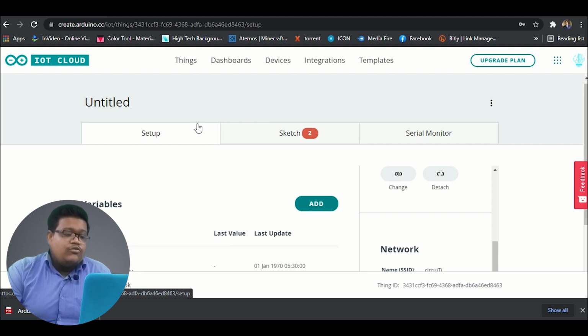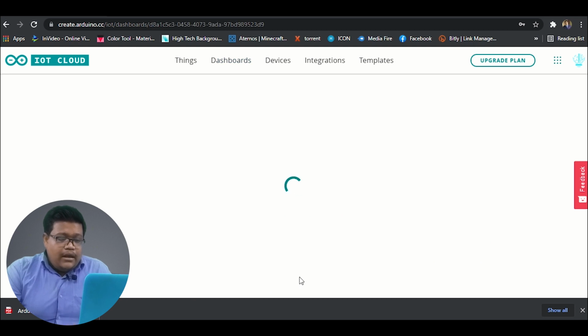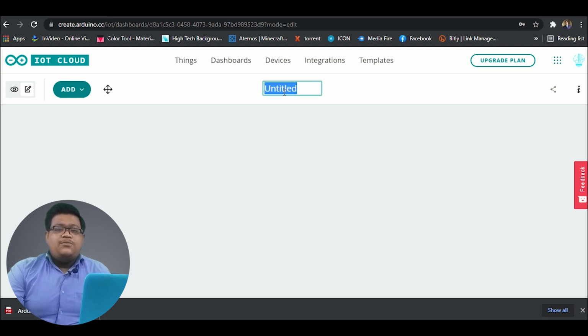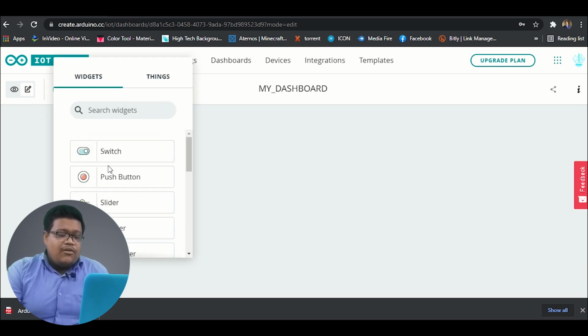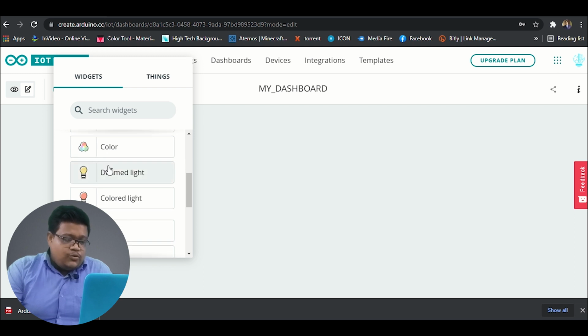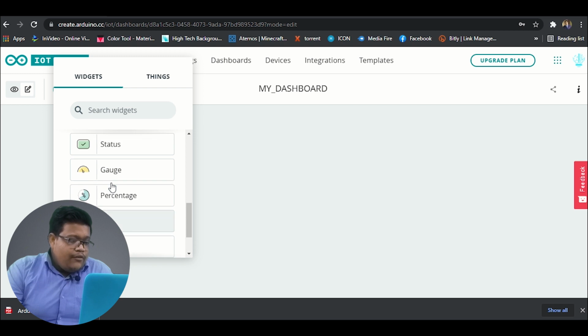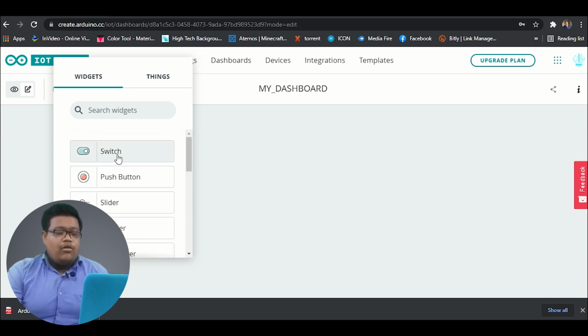Now I will move to the dashboard part. Here you have to click on Build Dashboard and click on this edit icon. You can change your dashboard name as you wish, and by clicking this add button, you can add various types of widgets to your dashboard. For my project, I will use this switch widget because I will just turn a LED on and off.